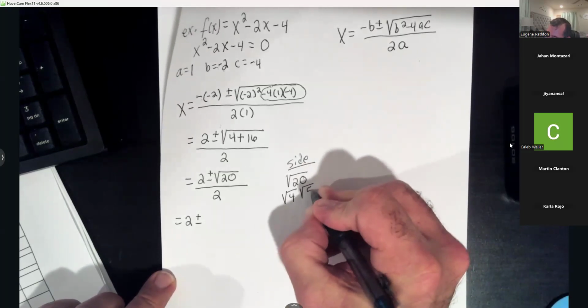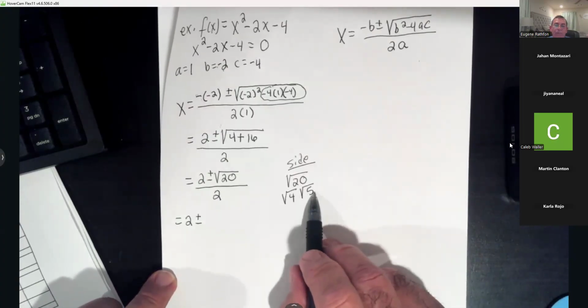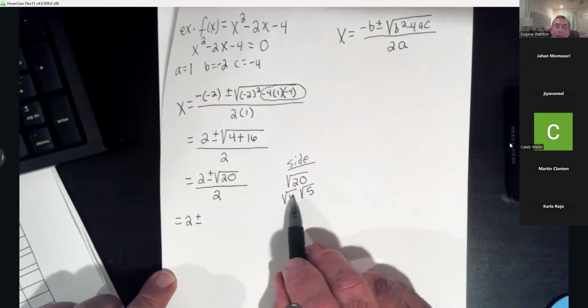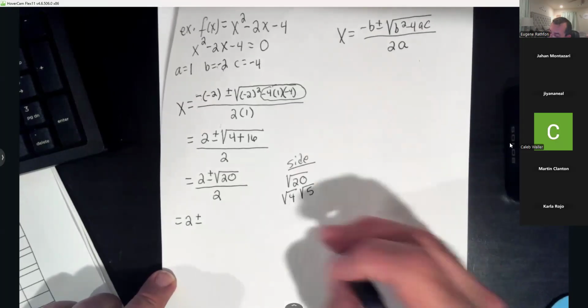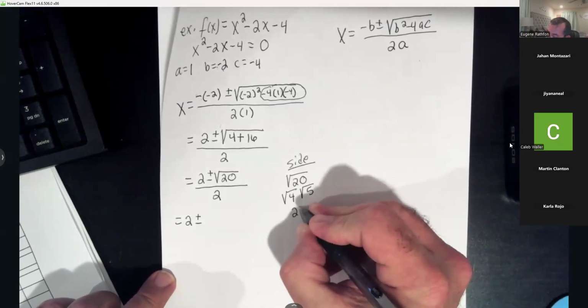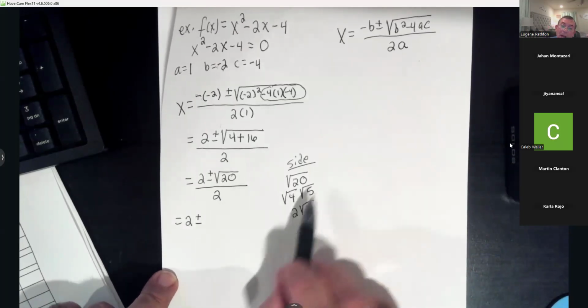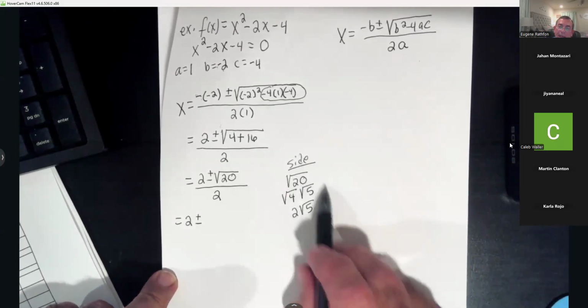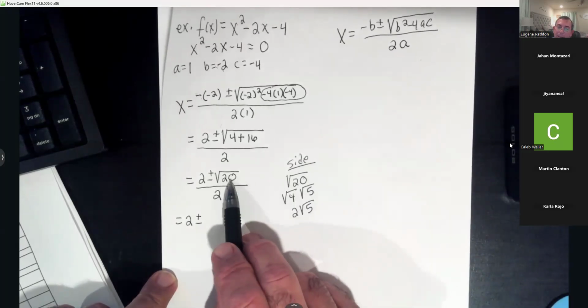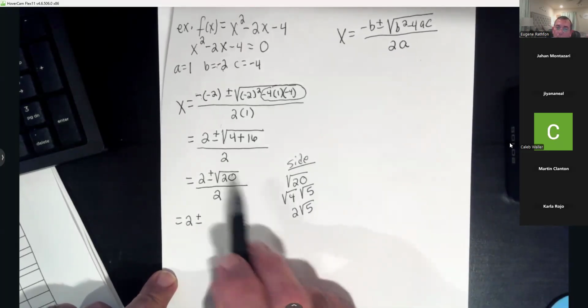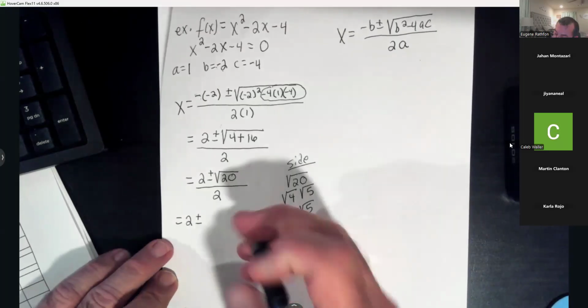So I'd make that square root of 4 times square root of 5. I would go even further because I know the square root of 4 is 2. And then bring down my square root of 5. So y'all, that's why I showed y'all that while ago, simplifying these. So the square root of 20 I'm going to replace with a 2 square root of 5